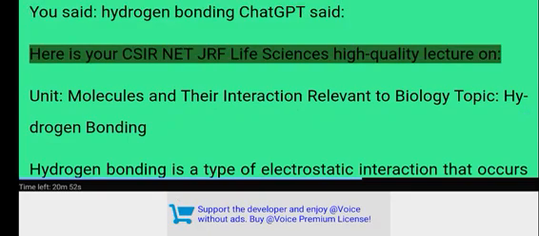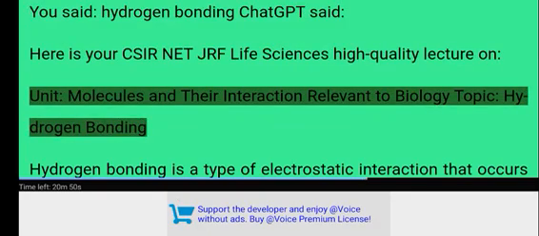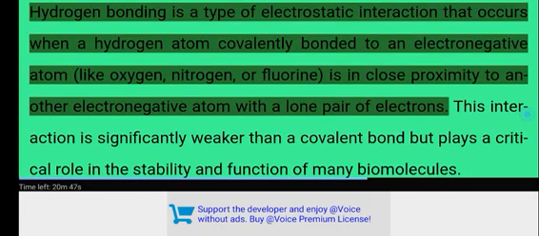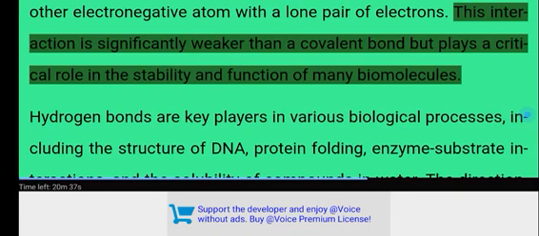Here is your CSIR NET JRF Life Sciences high quality lecture on Unit: Molecules and their interaction relevant to biology. Topic: hydrogen bonding. Hydrogen bonding is a type of electrostatic interaction that occurs when a hydrogen atom covalently bonded to an electronegative atom, like oxygen, nitrogen, or fluorine, is in close proximity to another electronegative atom with a lone pair of electrons. This interaction is significantly weaker than a covalent bond but plays a critical role in the stability and function of